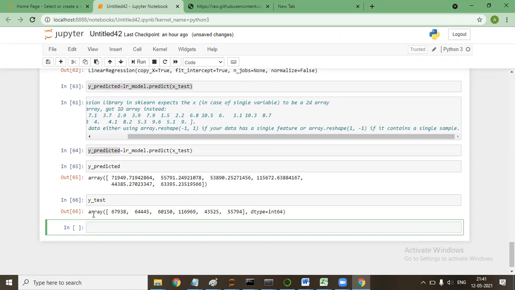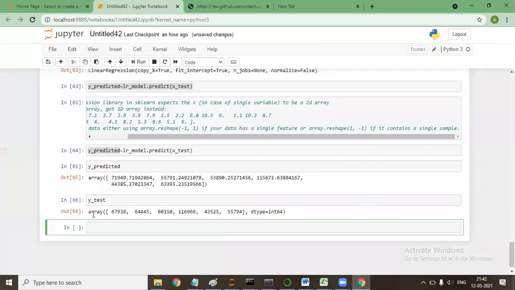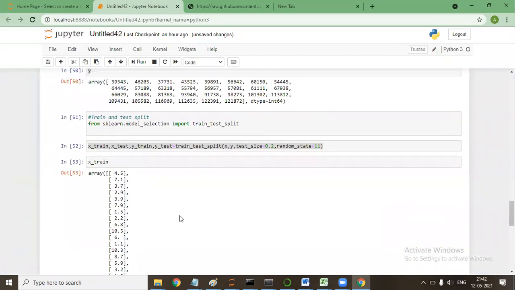But sir, we don't know y test, no? We know y. In this data, what is this value, the y test value? Do we know or don't we know this value? Yeah, we know. So that's the thing with which I came here. We know the y test value because we ourselves derived it. The 20% of the data that we have not used was the y test value.